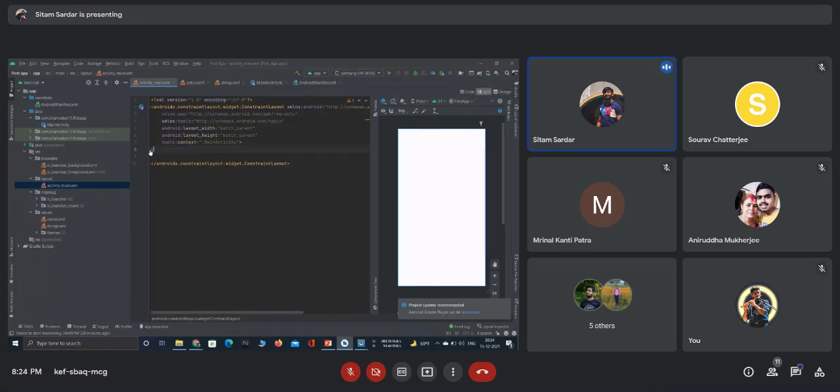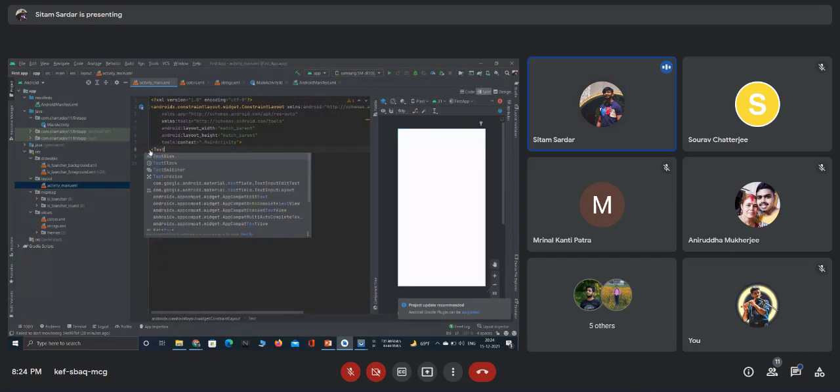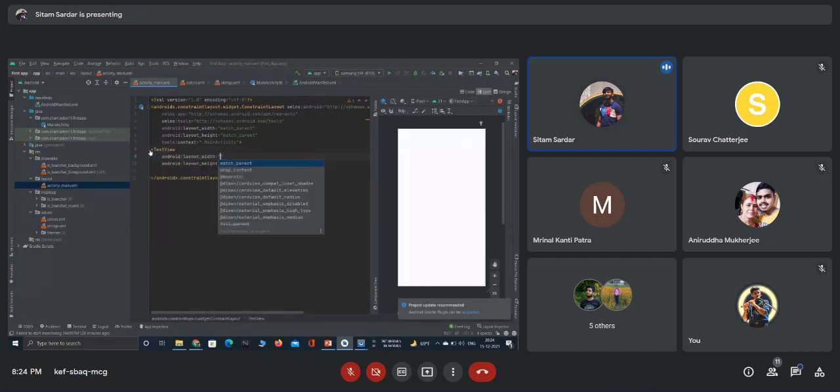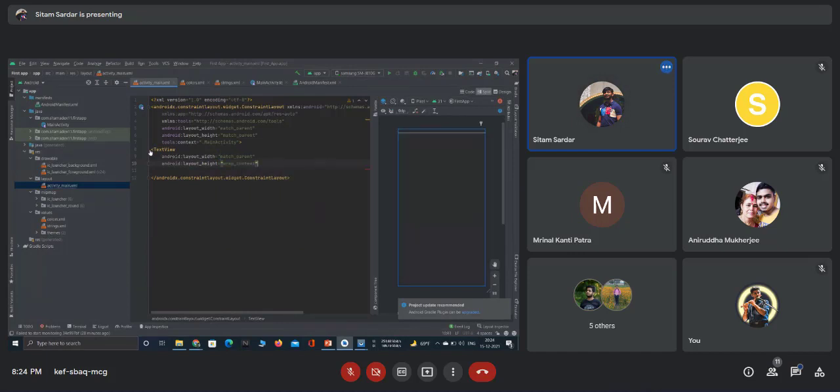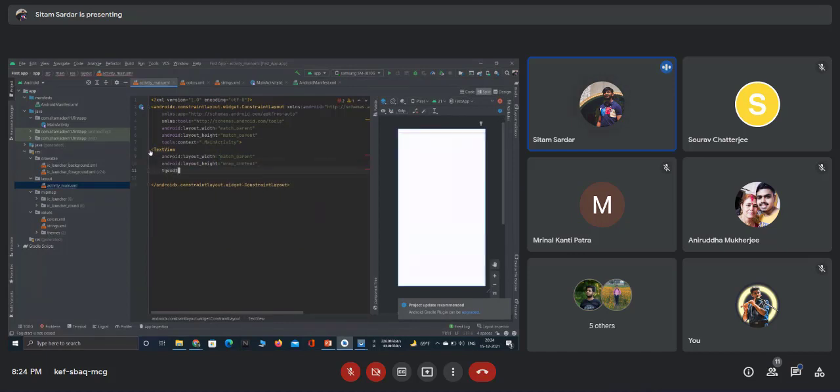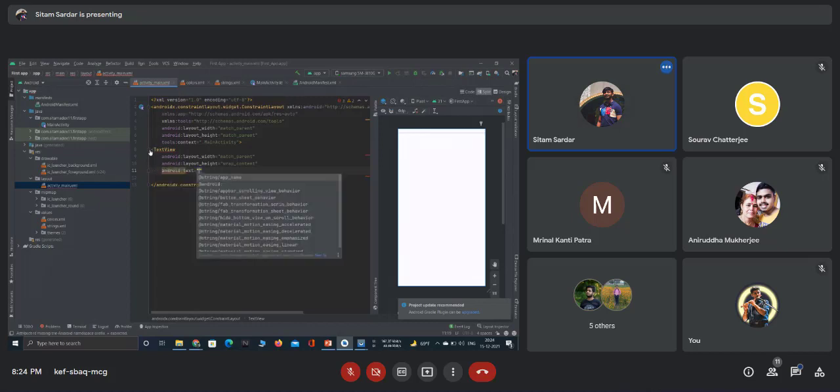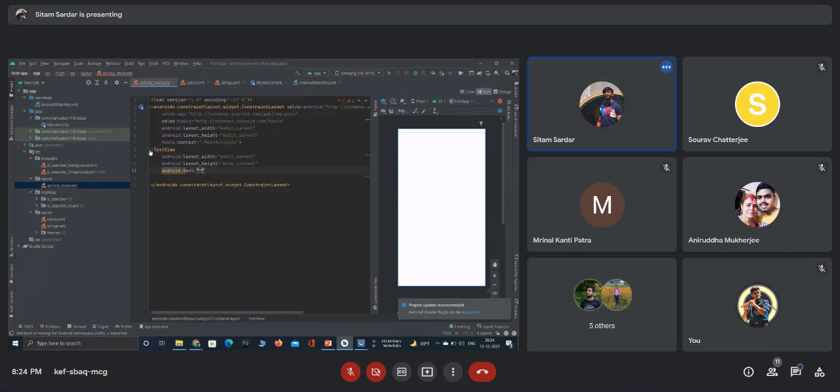So another interesting thing, let me show. This is text view. I am setting as match parent and wrap content. There is another property called text. Inside text, we can put any kind of text like print.